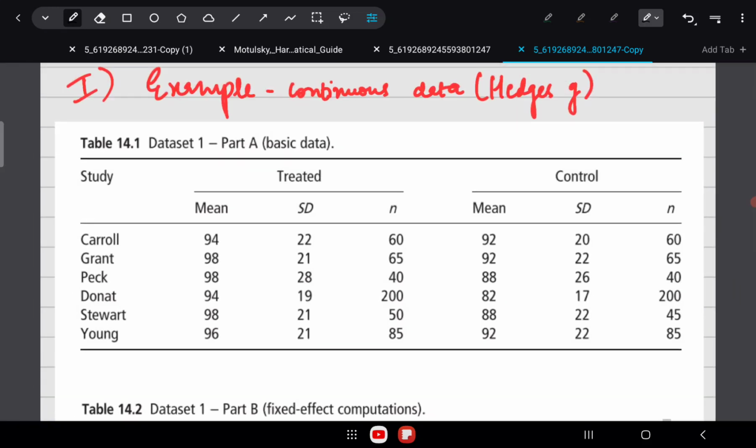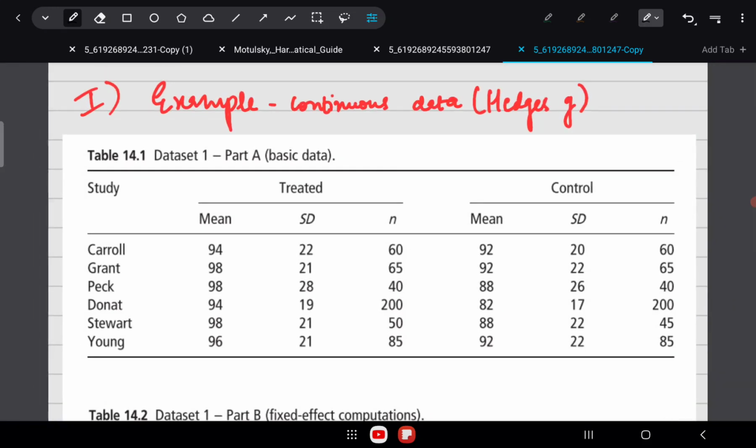The study results are being reported as mean and standard deviation. So we have two groups. These are the names of the studies, or you can assume the names of the authors rather who did the studies, and in each study you have a treated group and a control group. You can assume this study to be of whatever you want. Maybe this is some study of some anti-diabetic medication or something, and you have some values, right?